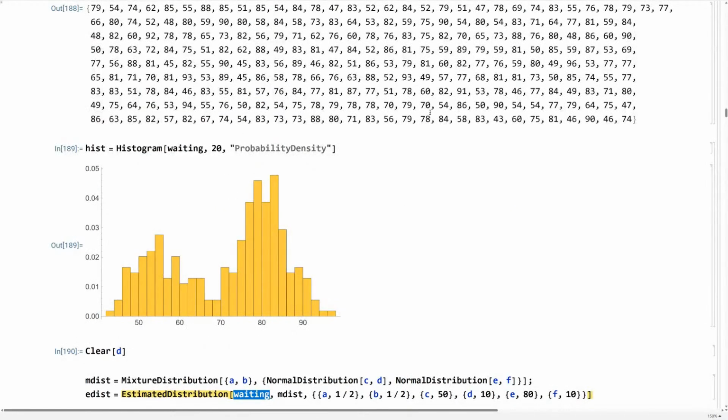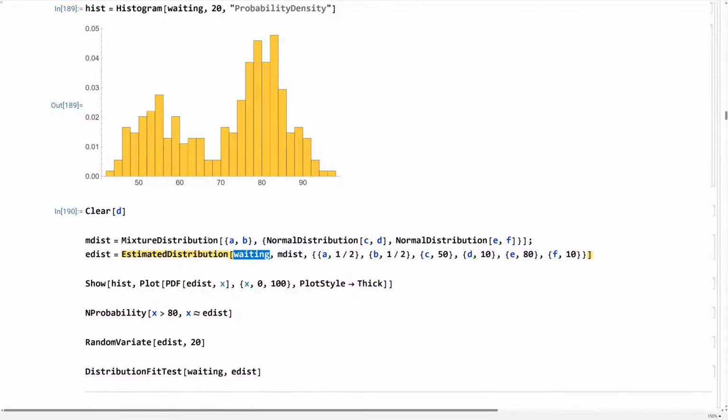The data is just the waiting time data, and the second one is the guess we have, and third we're going to provide some guidelines of where it should try to match the data. And as I said, A and B are the weights,